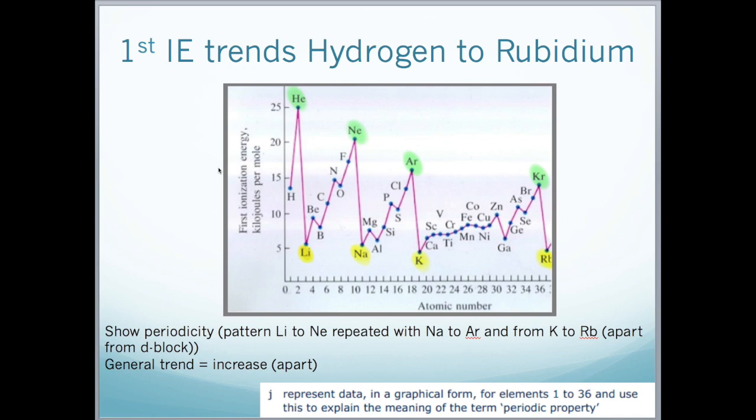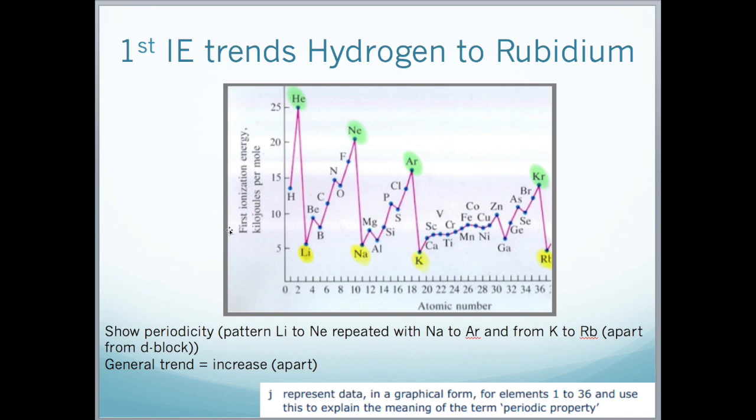So the group 1 element immediately after a noble gas, so for example after neon we have sodium, has its outer electron in the next shell of higher energy. So this electron is well shielded from the nucleus by the inner electrons. So the effective nuclear charge is close to +1 and the atomic radius is greater than that of any atom in the preceding period. Therefore, the first ionization energy of the group 1 element is lower than that of any